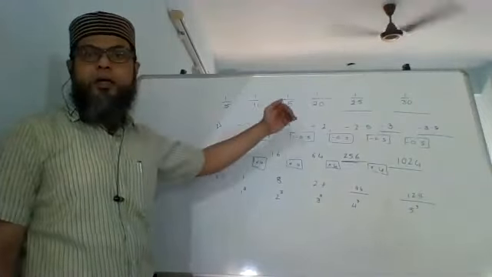Now, one important thing: the numbers are in a particular order. It's not that I write 1, then 64, then 8, then 27. No, the numbers are in a particular order. Like when you stand in your assembly, you stand height-wise. You can't have the tallest guy first and then somebody in between. You have a particular order. Similarly, here also the numbers are in an order.